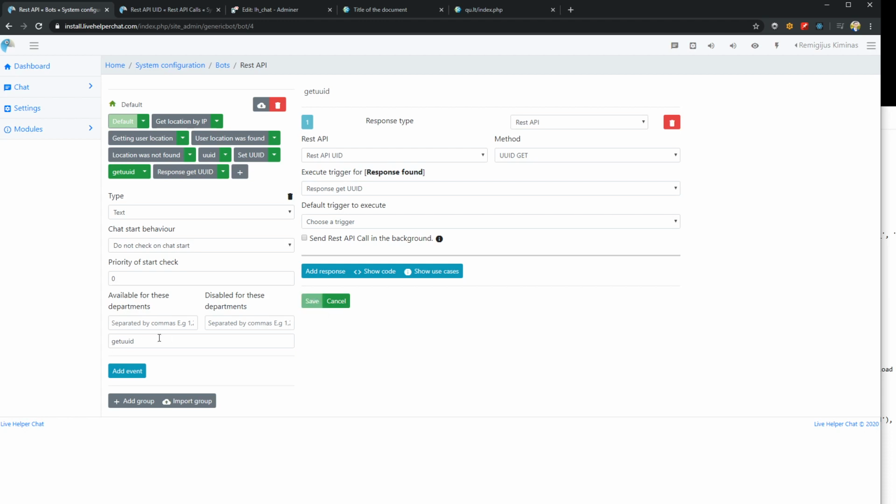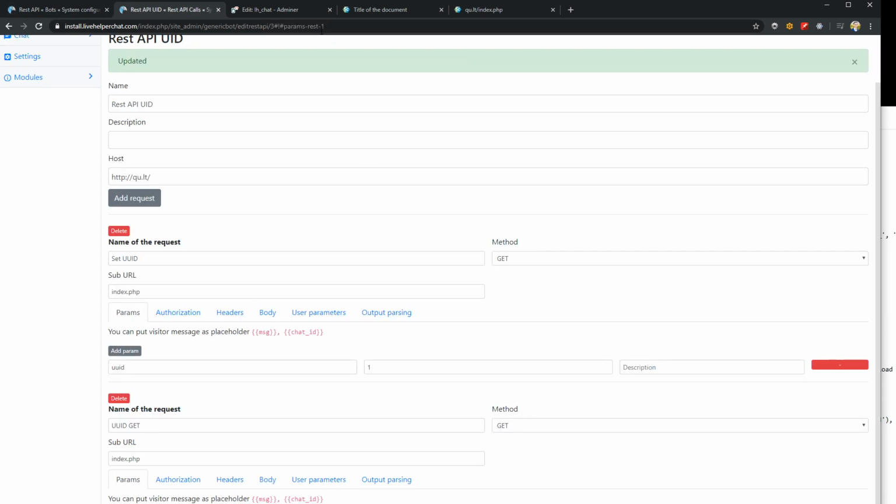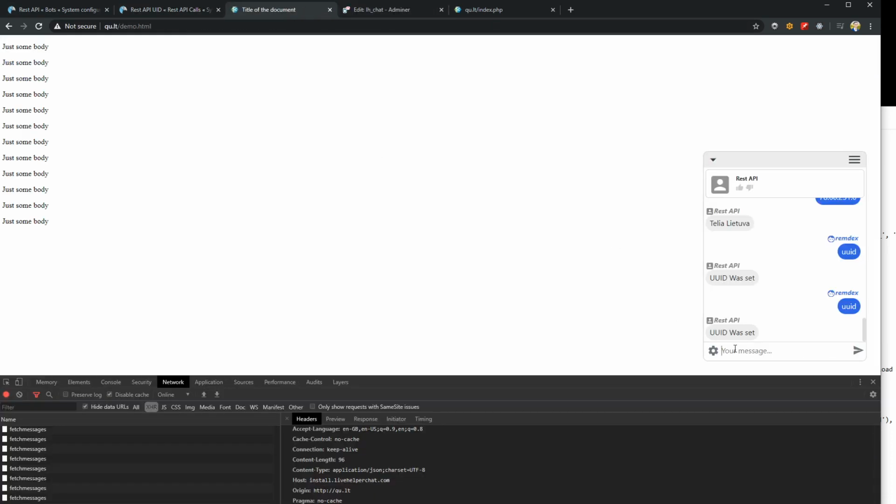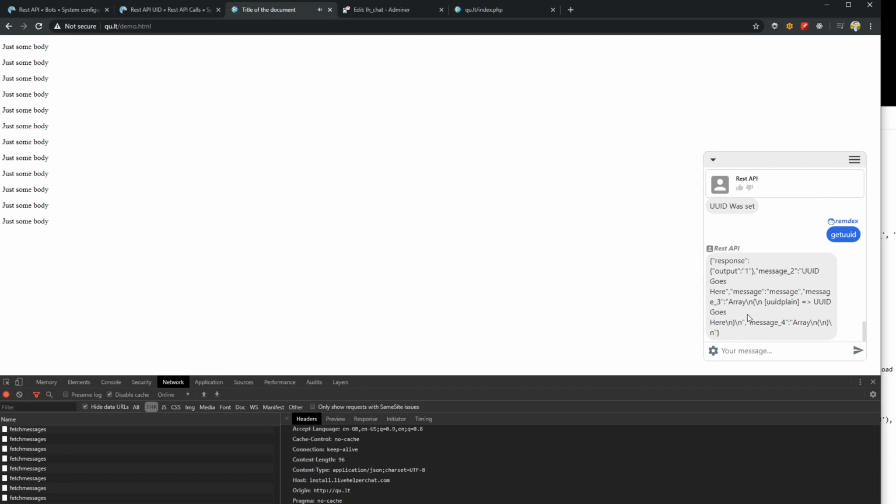Save. Okay, now let's try. I don't expect it to work because I guess I missed something again. Oh, look, and it works. You see, we get UID message 2 as goes here. So as you see, everything is fine, except perhaps we should have